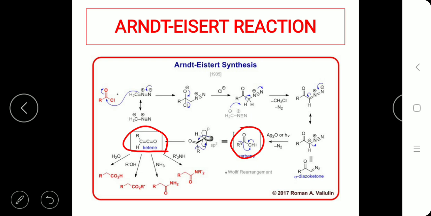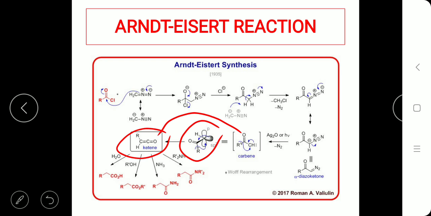So at this point there is going to be a rearrangement, that is, the alkyl group with its electron pair is going to get moved, or rearranged, or migrate towards the carbene. So that is what is written here. See, R is getting attached to the terminal carbon atom, and then there is this double bond. This here shows the hybridization, that is the orbital arrangement, the molecular orbital arrangement. If you want, you can write this, or else directly from the carbene you can show the electron pair movement, and then this is going to give rise to the ketene.